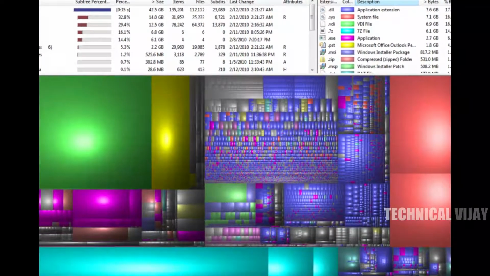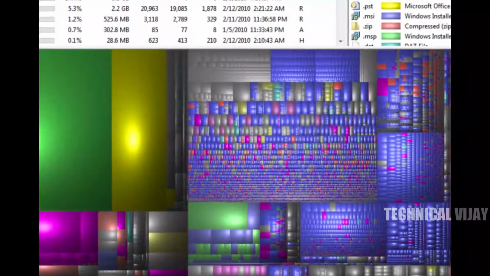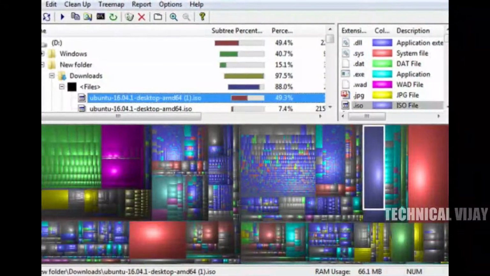So if we want that file, we can keep it, and if it is not at all useful, then we can delete it. In some cases, some of the apps have been uninstalled already, but the directory is still existing, so that type of directory we can delete straight away. This saves our disk space and also improves the performance of the PC.